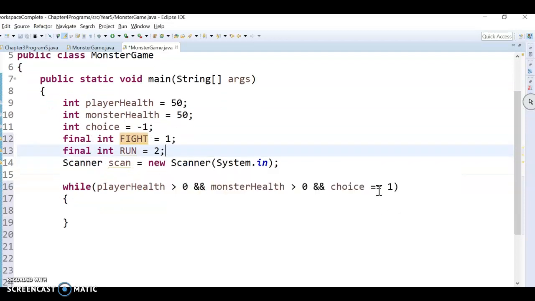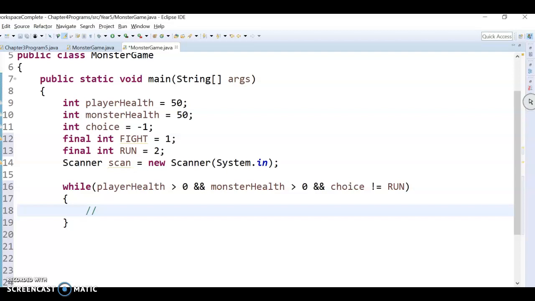So basically this will look better. It'll say while player health is greater than 0 and monster health greater than 0 and their choice is to fight or not run. I guess I could do not run, maybe better if I want to add spells and stuff later. Okay, so while those things are true and they haven't chosen to run,